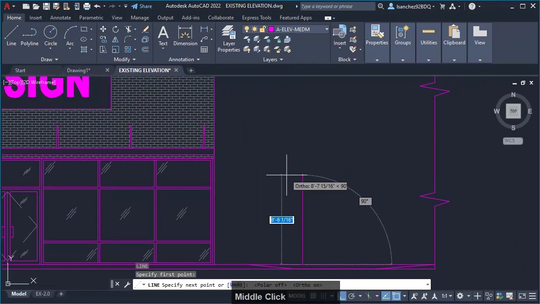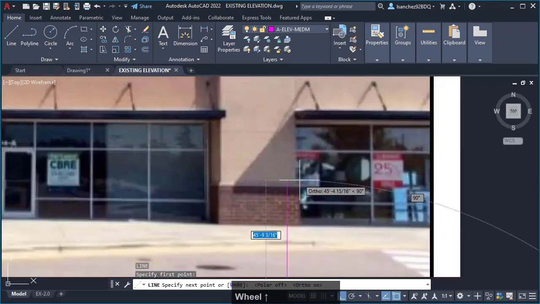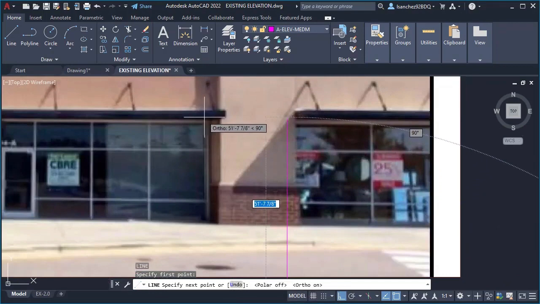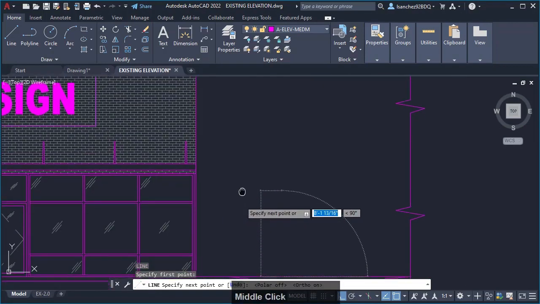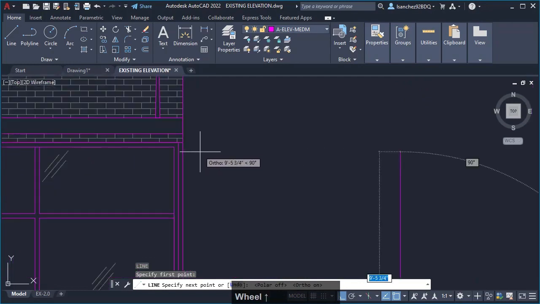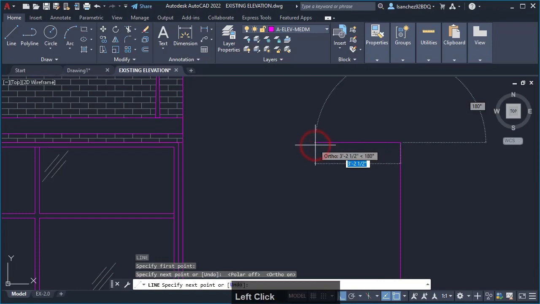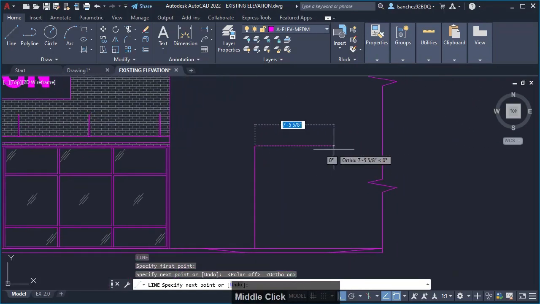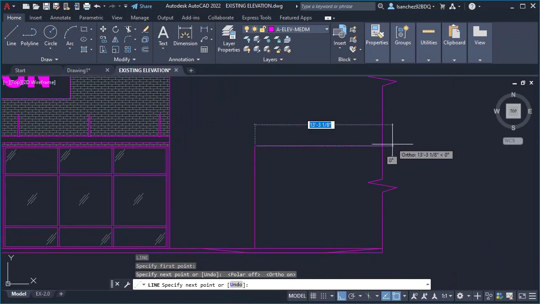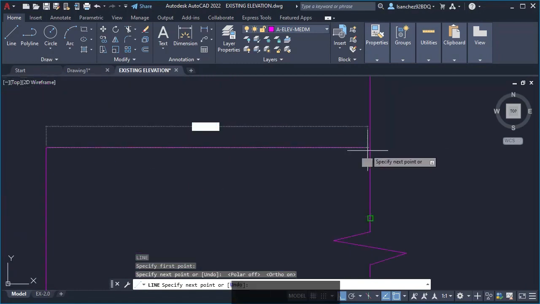Now, I want, based on this picture, to draw my storefront at the same height as this other one. So what I can do is hover over this till I see endpoint, and then I can move to the right like so. Once I see the little white X, that means the extension is working, so I can click anywhere in here. I'll click here, and finally I can move to the right, and again my object snap is